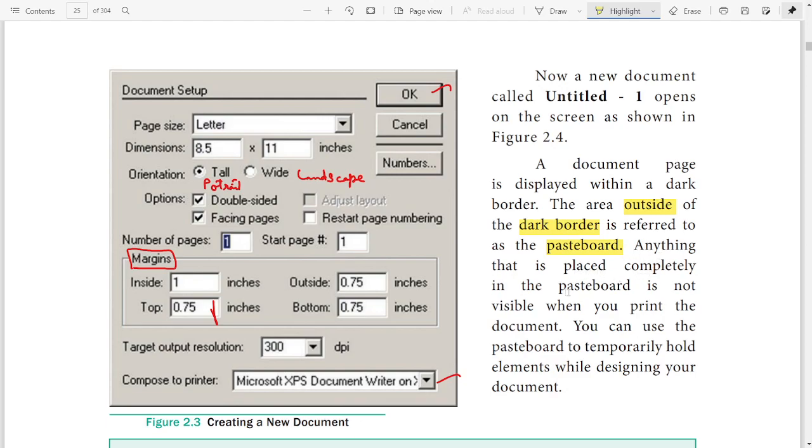Anything that is placed completely on the pasteboard is not visible when you print the document. You can use the pasteboard to temporarily hold elements while designing your document. So we have learned a new term here, that is pasteboard.